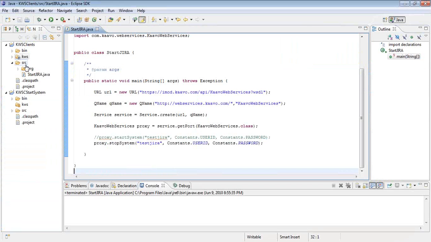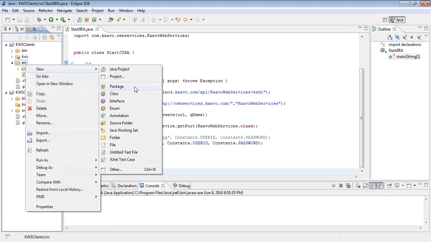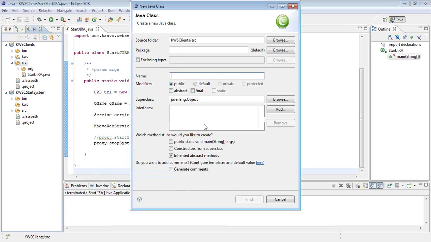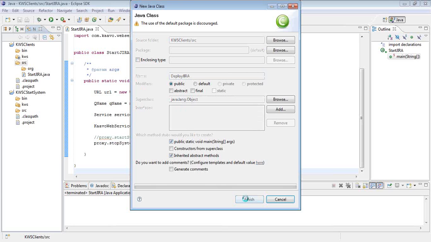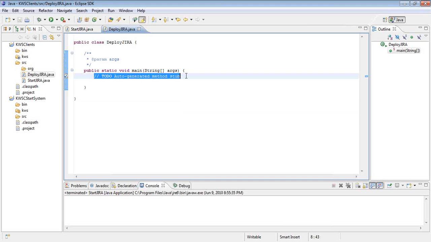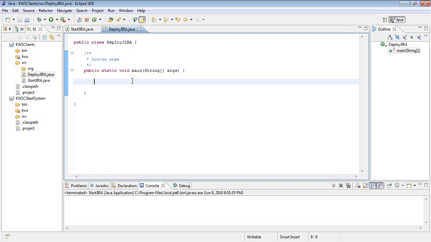So let me develop another Java client for that. I will not do it from scratch as well. I have one already developed. I will copy code from that example and step by step build the client.